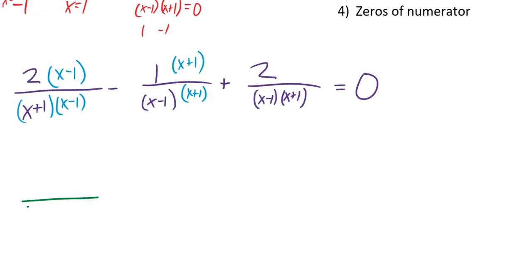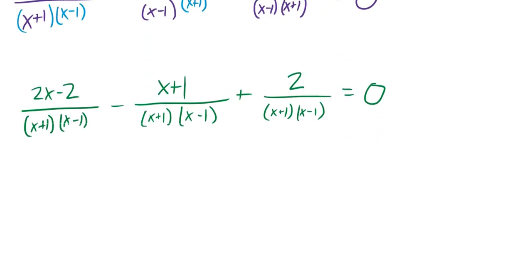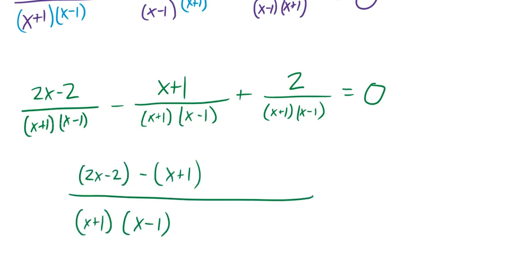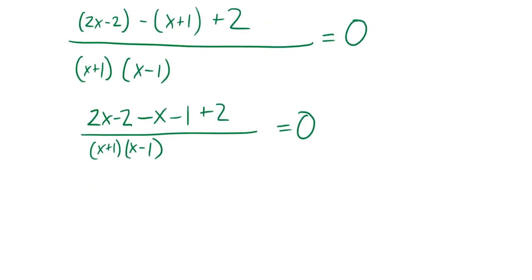My common denominator is x plus 1 times x minus 1. First numerator is 2x minus 2. My second is 1 times x plus 1, so x plus 1. My third is 2. If I put this all in one fraction, and combine like terms,